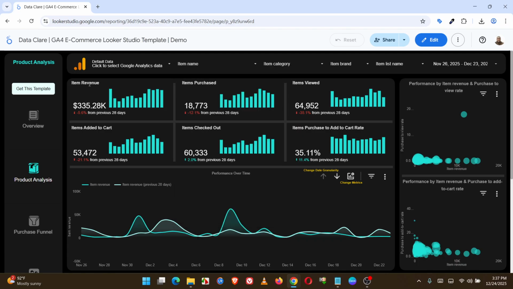And the key metrics here: item revenue, item purchased, item viewed, items added to cart, item checked out, and item purchased to view rate. So it's telling you how much revenue all the products generated for the selected date range, and then item purchase, how many items was purchased, and how many items were viewed, and how many items were added to cart,